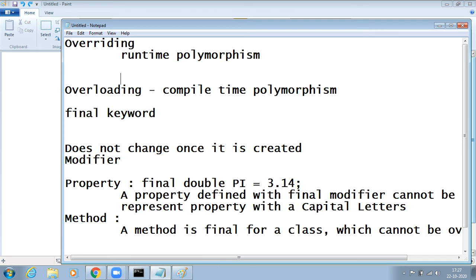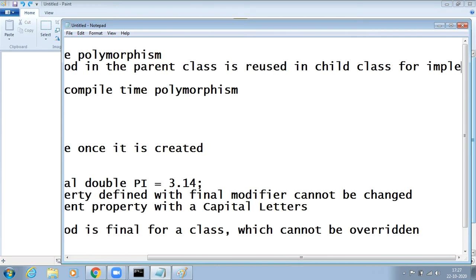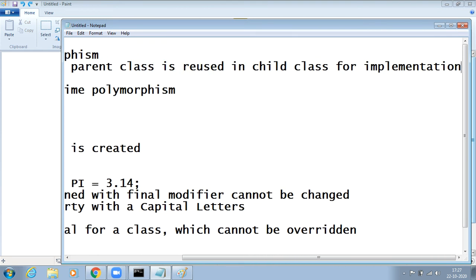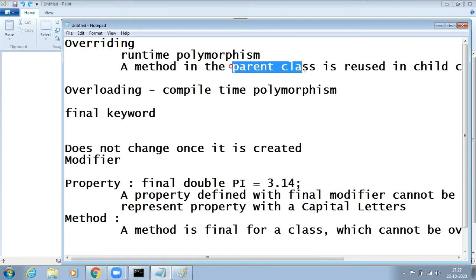What overriding defines is that a method in the parent class is reused in the child class for implementation. When a child class reuses the parent class method, this concept is overriding.